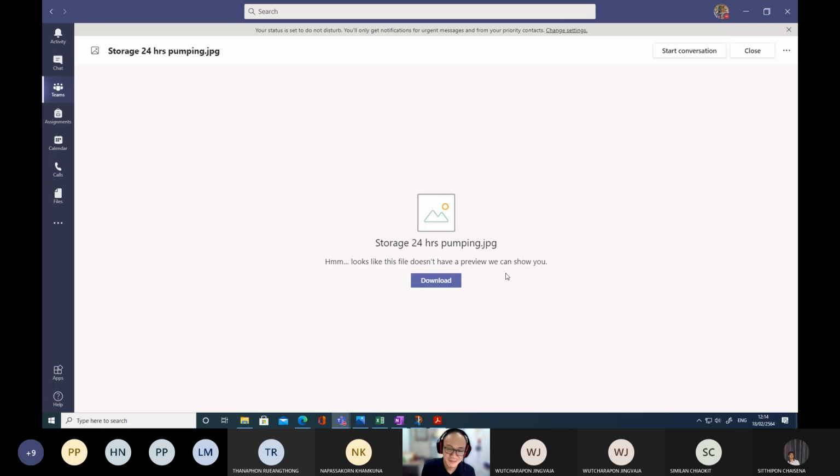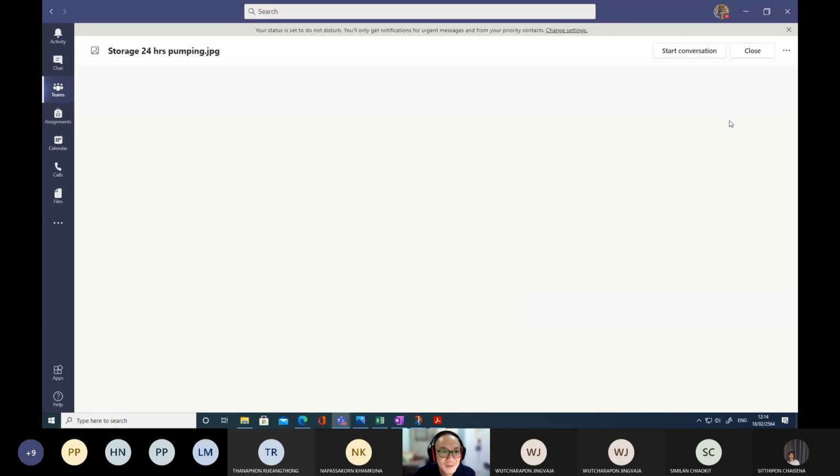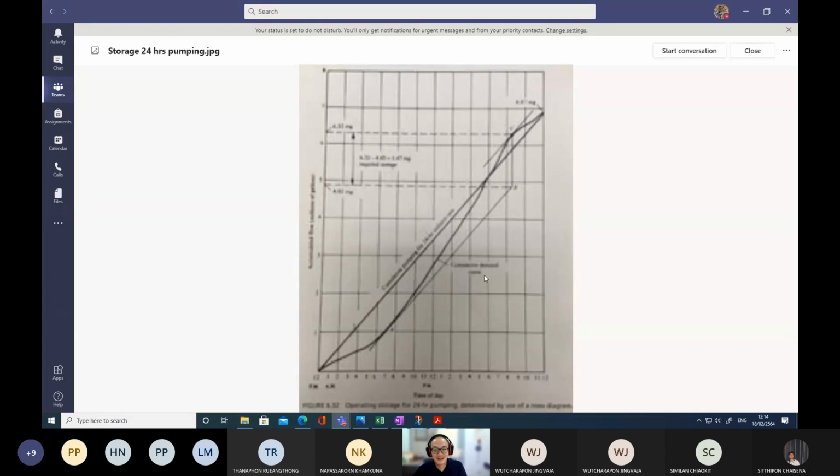This room in my office is good, but doesn't have a preview. What's wrong with this file? Okay, now it's coming. Okay, so if you plot the cumulative